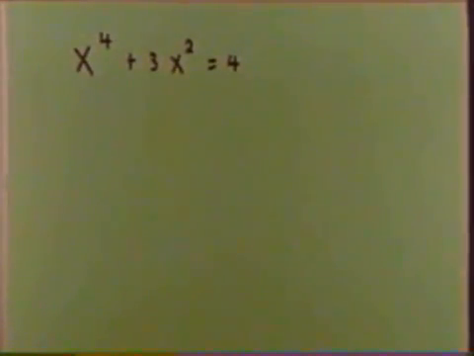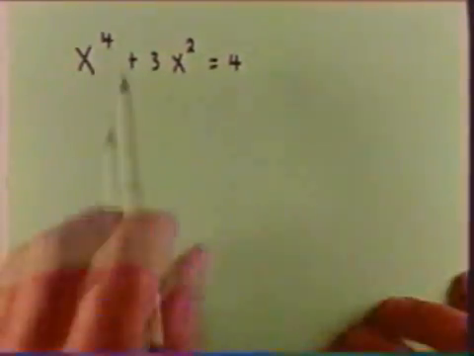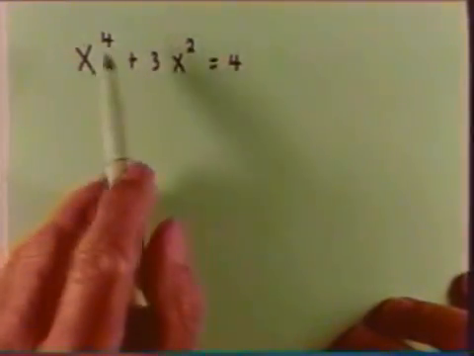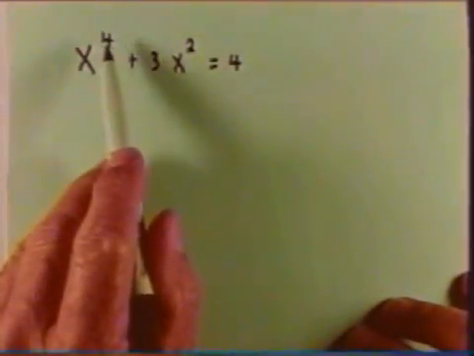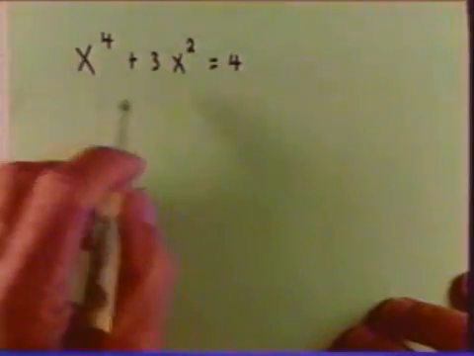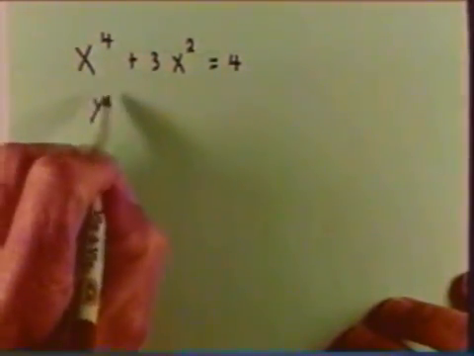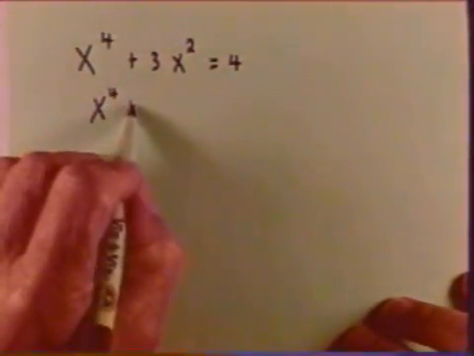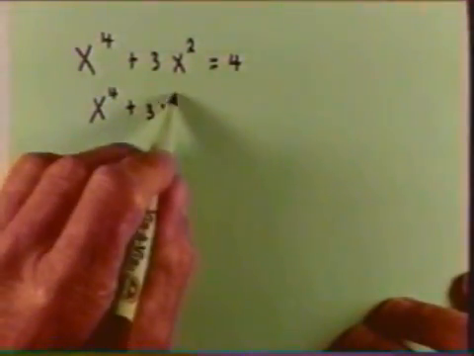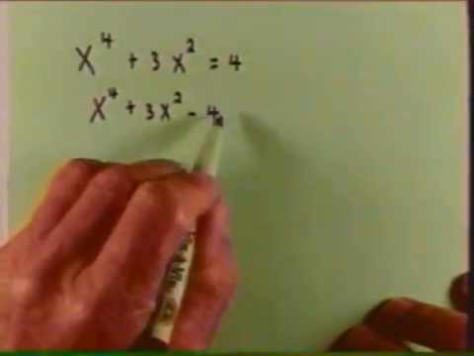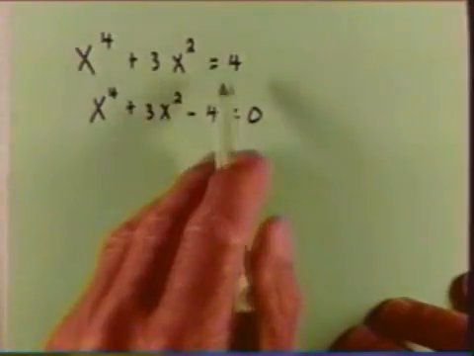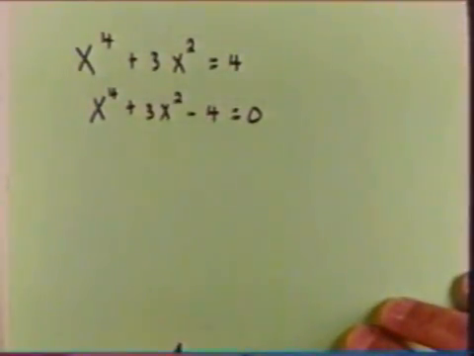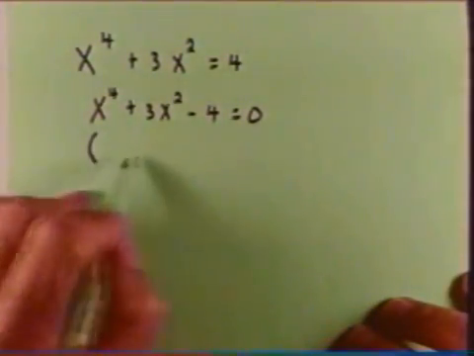One can combine the two methods previously discussed to solve certain higher order equations. Here we have an equation of the fourth degree. I can rewrite it as x to the fourth plus 3x squared minus 4 is equal to 0. I simply subtracted 4 from both sides. I can factor this one